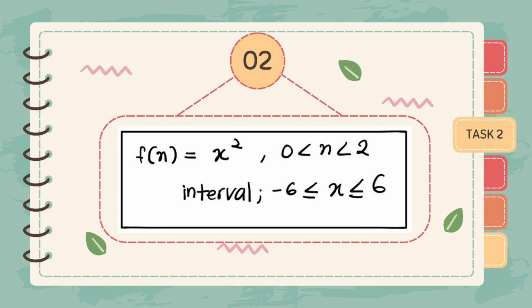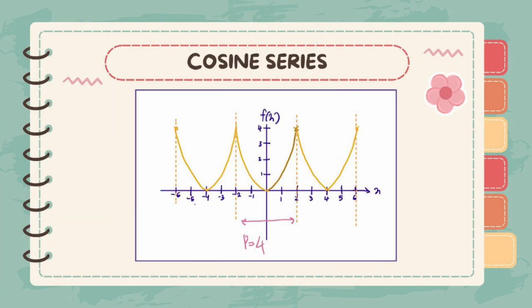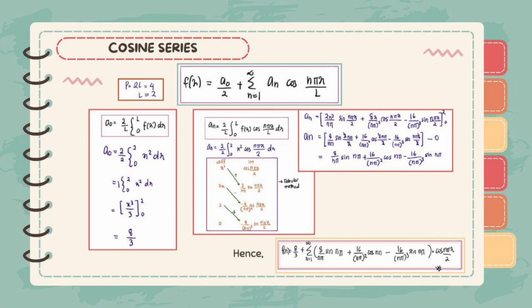Consider the function f(x) = x². First and foremost, I will explain the solutions for the cosine series in this Task 2. This shows that the function f(x) is an even function because the graph is symmetric about the y-axis. Okay, for this function, we need to calculate the value of a0 and an, and then we need